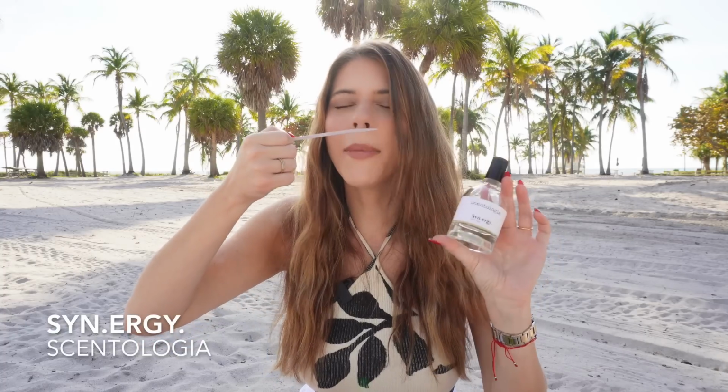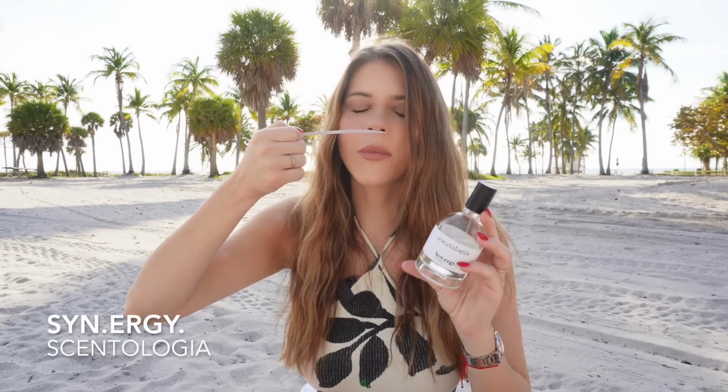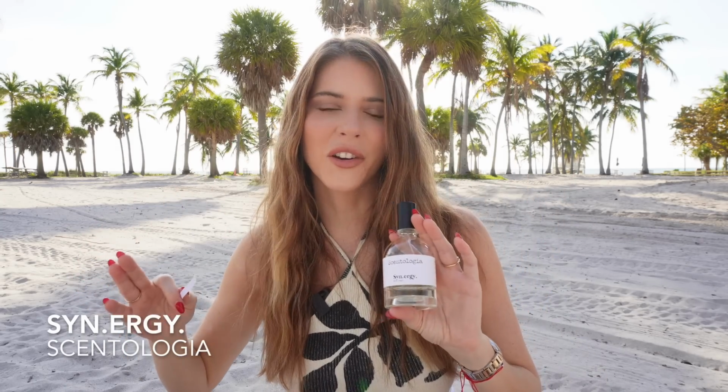You get a molecule feel, but it doesn't smell synthetic. Very airy, it just kind of hangs around in the air. This has pineapple, cassis, mango, peach, pear, apple, orange, saffron, rose, some almond, a little bit of jasmine, amber, musk, cedar, and moss. A little bit of some green elements going on in here. You get all of these fruits, but it's underneath this really beautiful saffron and rose. This is very fruity, but it's not the star of the show for me. I get more of this rose and saffron combo. It's really beautiful. Not overly fruity, but you get a lot of depth and a lot of interest as well